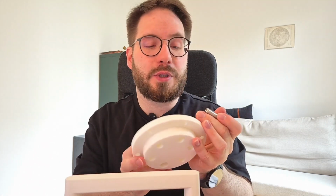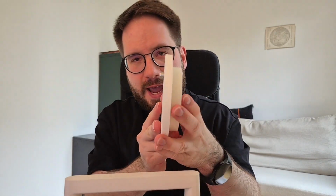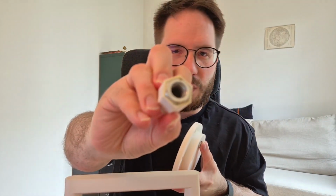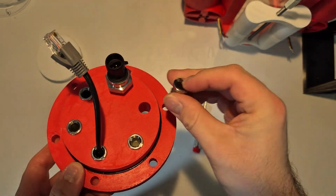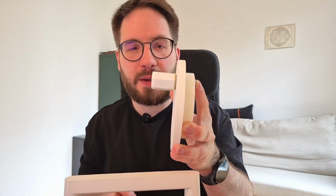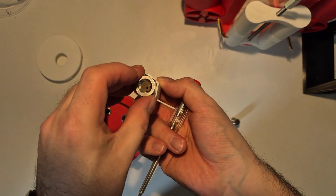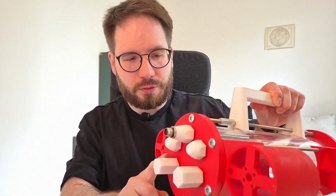And so what I ended up doing is I 3D printed holes here, and this comes all the way through, and then you can have a counterpiece, which in my case is always based on an M12 nut. There is also an O-ring that should go here into these grooves, and then you simply screw this in and you have your connection. This is just a placeholder, I also have these placeholders here in abundance, but pretty much you can 3D print anything around this M12 nut, let the cables through, and then you can have an easily disassemblable connection. The only problem is that to unscrew this, you need access from the inside